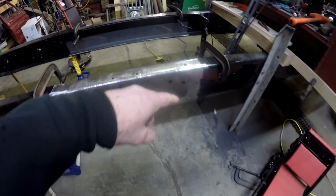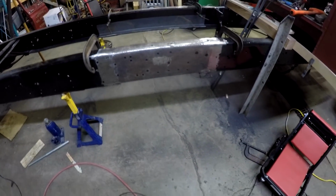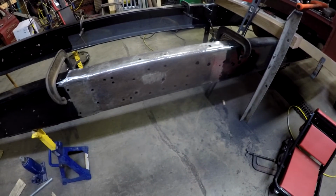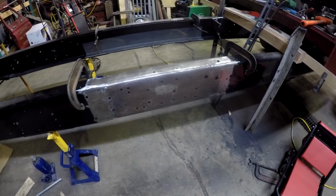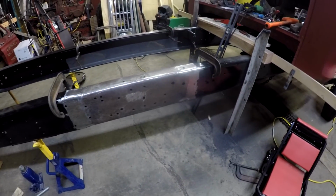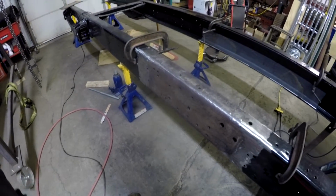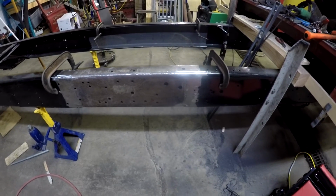What I'm going to do is mark them out where I'm going to put them, just so when I get it, I can go right to it. I've probably got to go out and get some bolts too. Again, this is probably overkill because there's no shear strength on these things, because it's just holding it in place. I'll probably use grade 5 bolts on the thing. Again, probably don't have to. Could probably just use standard bolts and nuts on the thing, because again, there's not going to be any shear strength on it. It's just bolting the inner rail in place. But for peace of mind, I'll use grade 5, maybe 8. I'm not really sure, but